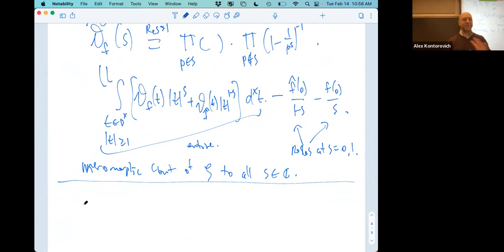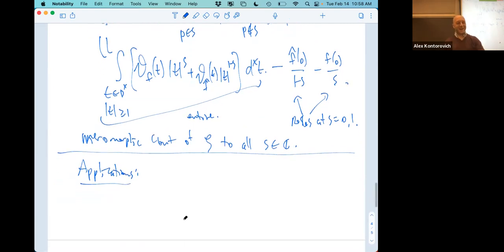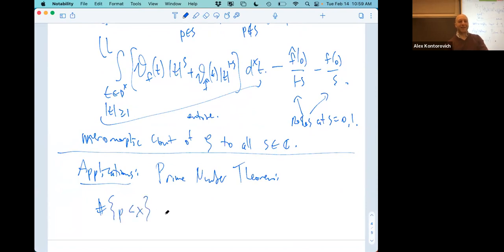I'm not going to prove the types of applications. You do get all kinds of things. I'm thinking more like the prime number theorem, right? So the prime number theorem, which is that the number of primes up to x is